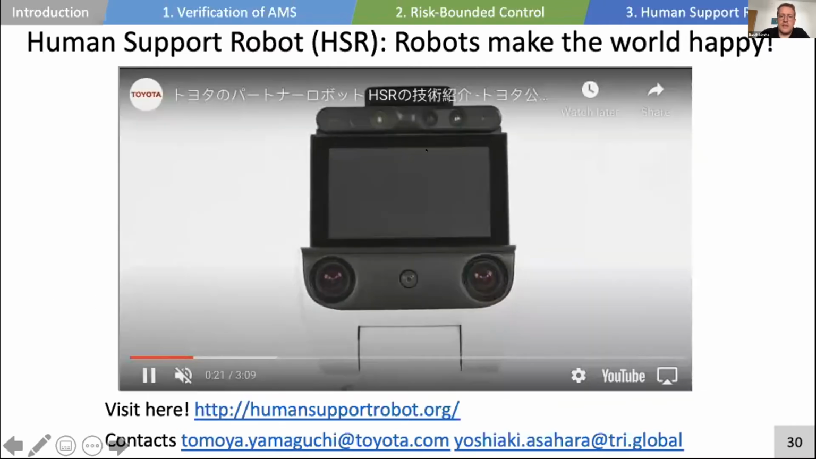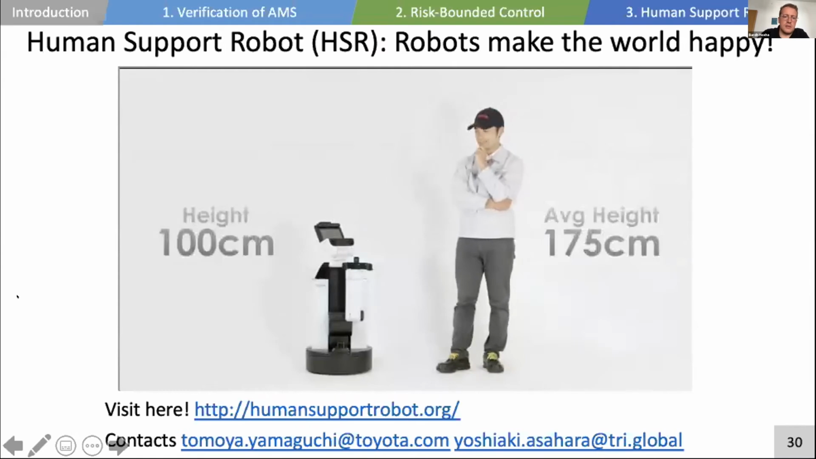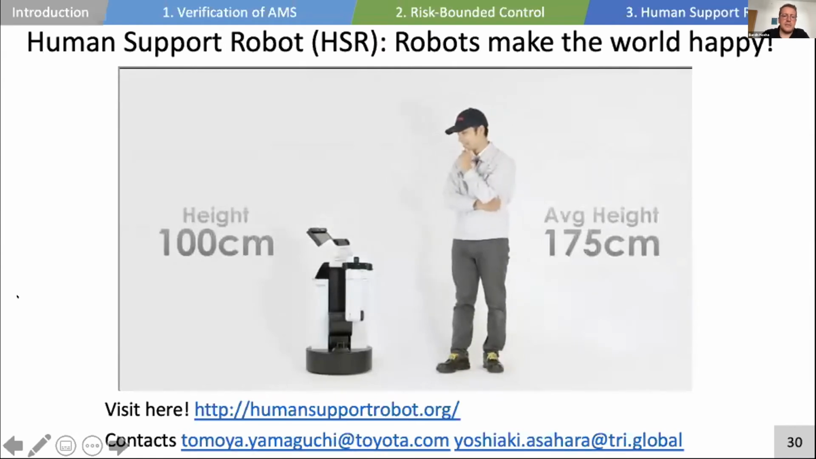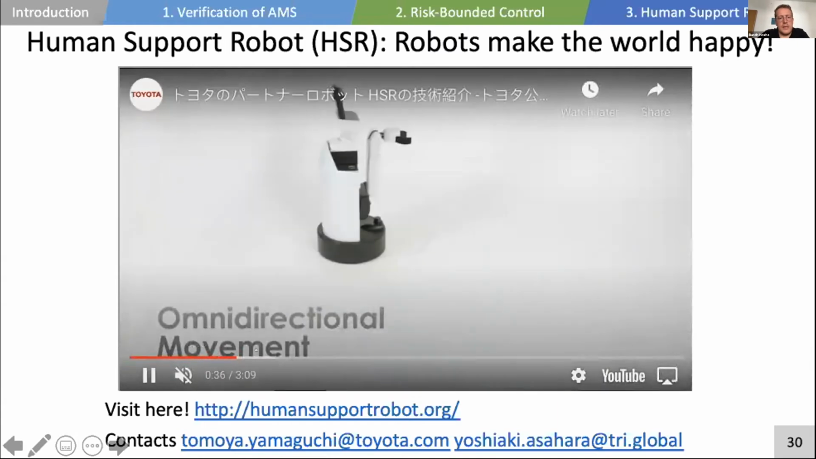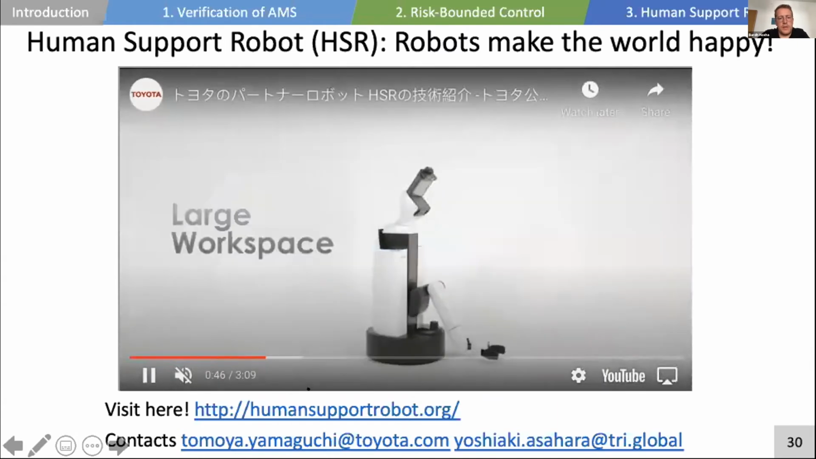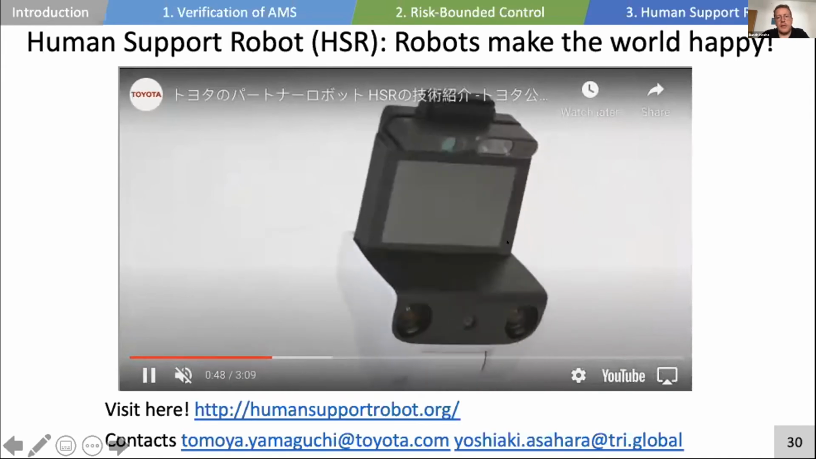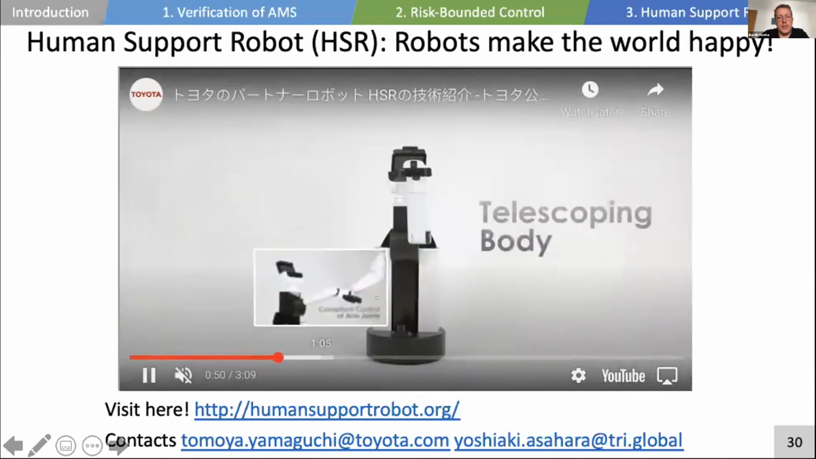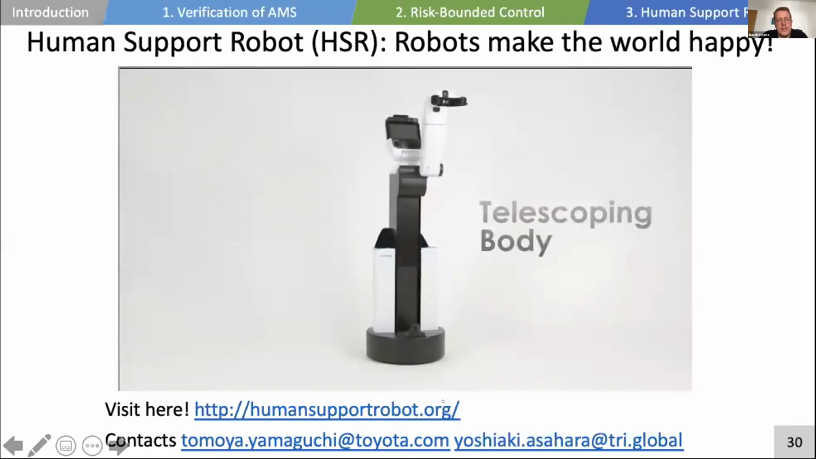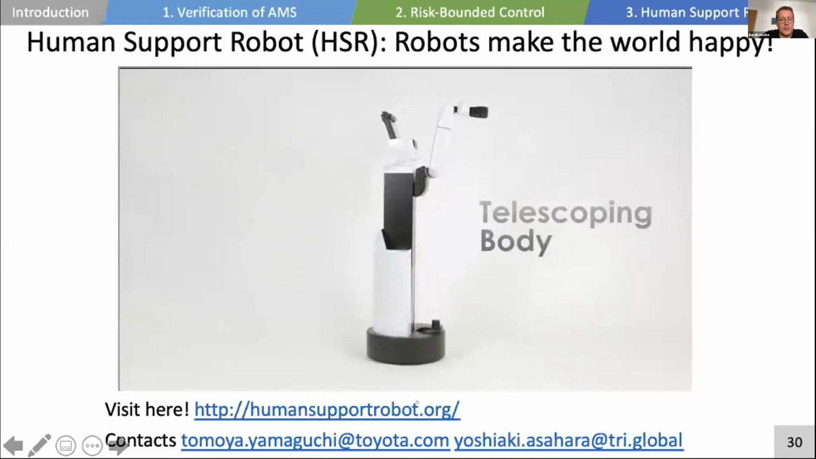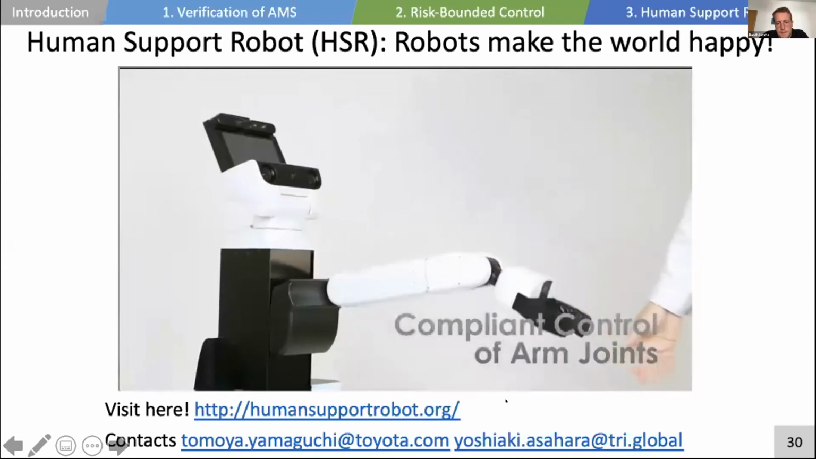I'm just going to share a couple of frames. You have this robot which has cameras. Its height is 100 centimeters, but it extends. It provides omnidirectional movement, and it has a gripper and a telescoping body, etc. I would encourage anybody who's interested in this to go to humansupportrobot.org